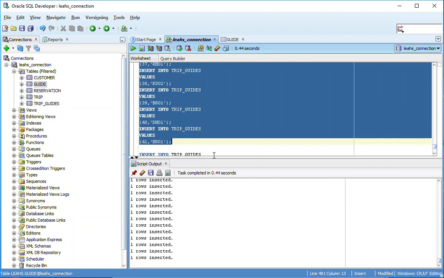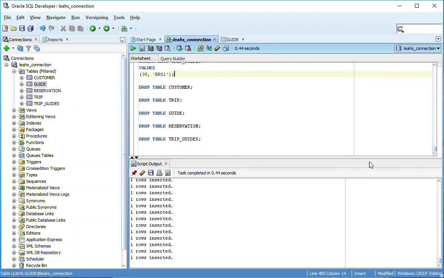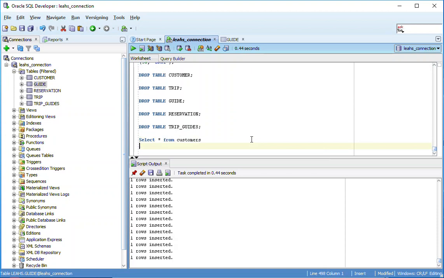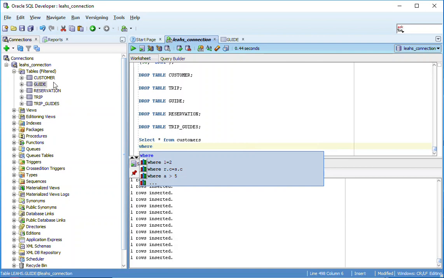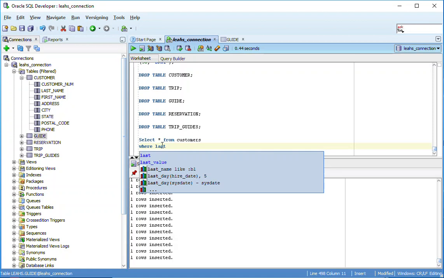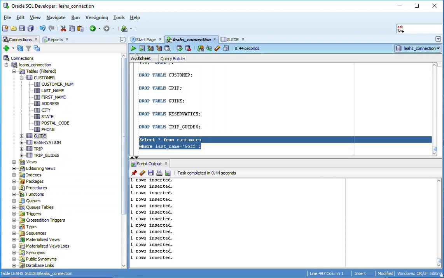So this is pretty much what you're going to do throughout the semester. You're going to go into your worksheet here and you're going to execute your SQL statements. So I'm going to select all from customers, where, and I'm going to open up my customer table here so I can see what the name of it is. Last name, underscore, is equal to, and I'm going to go ahead and choose one of the customers from our table. So I highlight that, I run that,